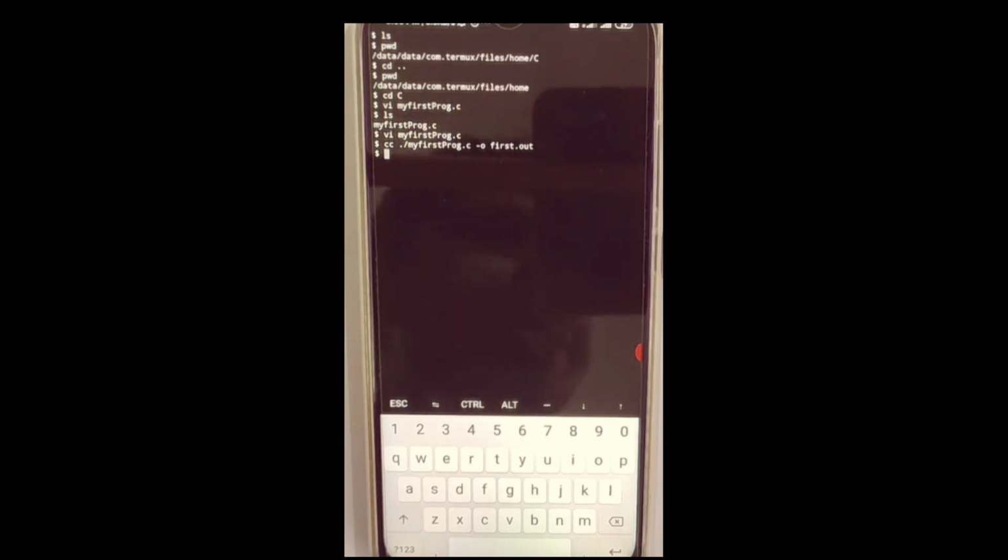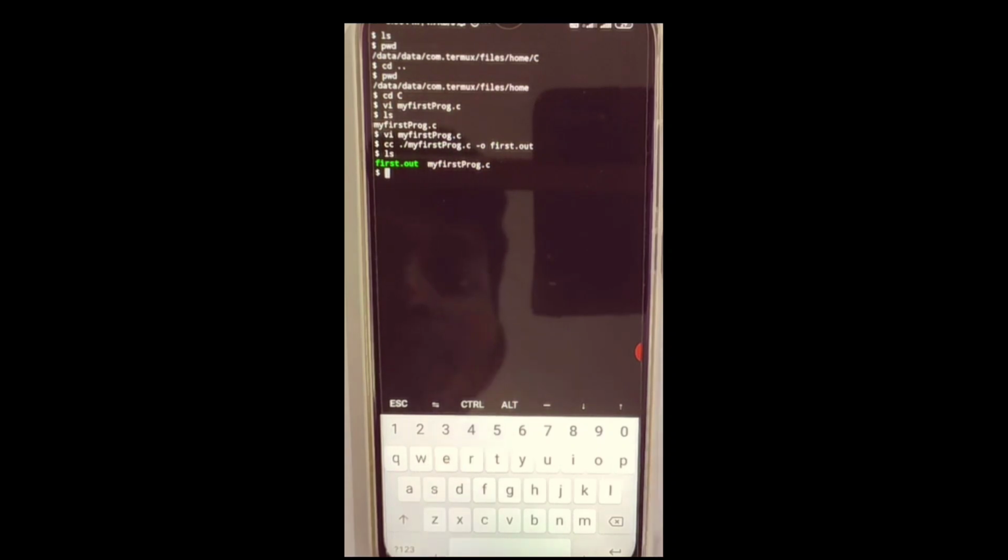If nothing comes out, that means your file has been compiled successfully. Now you can see the files. The yellow colored file is first dot out, and my first dot c. So two files you can see. That means your file has been compiled and saved as first dot out.